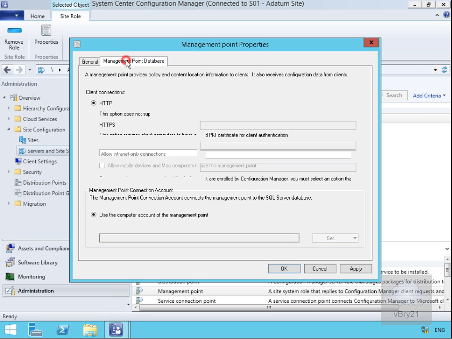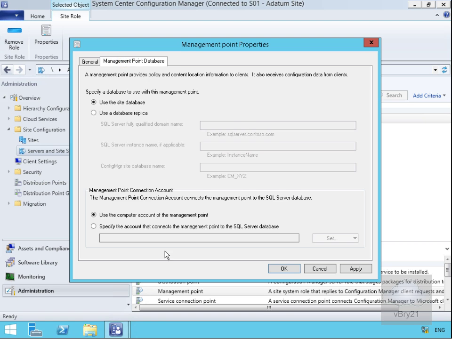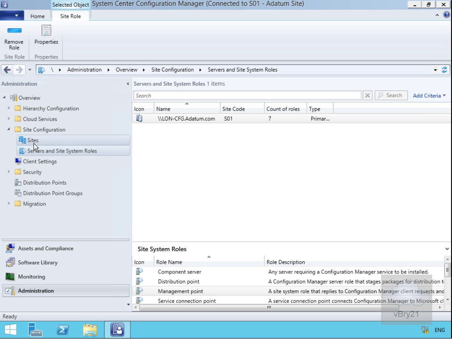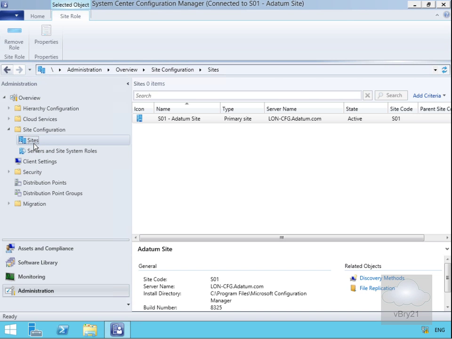Then we've also got the management point database. We're not going to modify anything within here, and we are going to connect via HTTP. We don't have any internet or mobile based clients, so we'll select OK. Now we'll just come to Sites, and within Sites here,